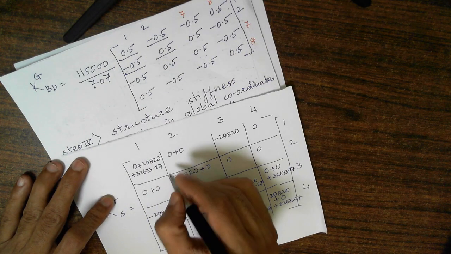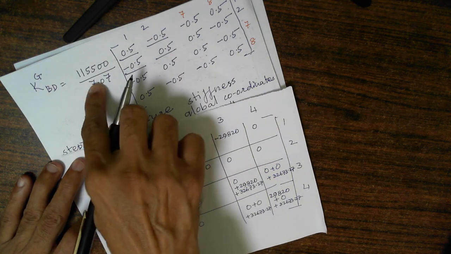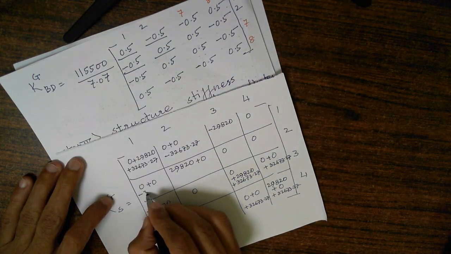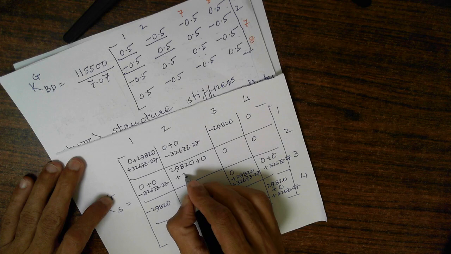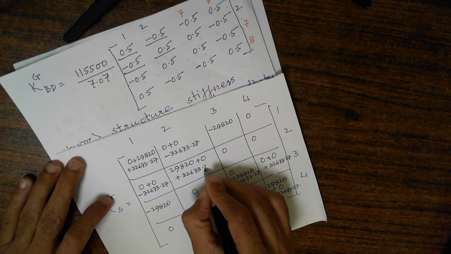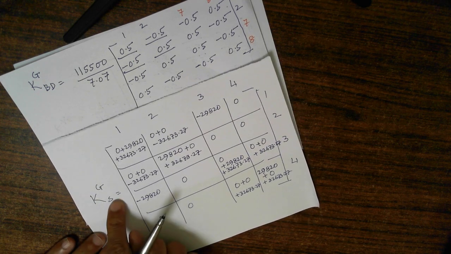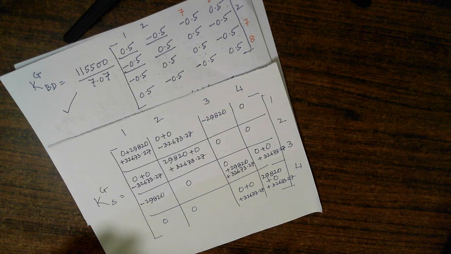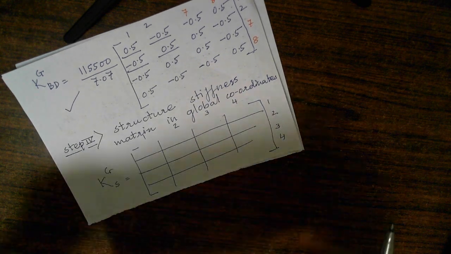Second row, first row, second column is minus 32673.27, minus 0.5 into this, that is minus 32673.27. Second row, first column, that is minus 32673.27, and second row, second column plus 32673.27. So this is how I have mapped my global stiffness matrix for structure from all the 5 elemental stiffness matrices. We have done this procedure number of times in beam, as well as we have done this procedure number of times in trusses also. So I have mapped this. I have calculated it. Finally I have calculated it.